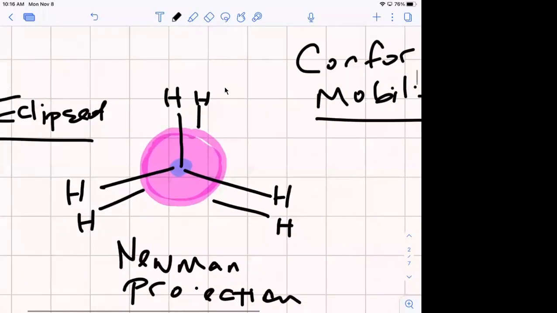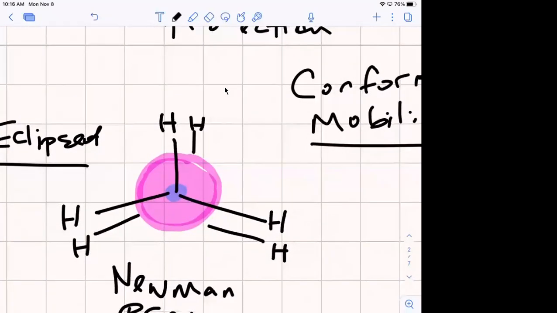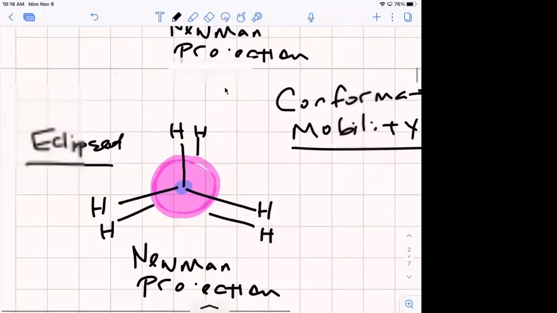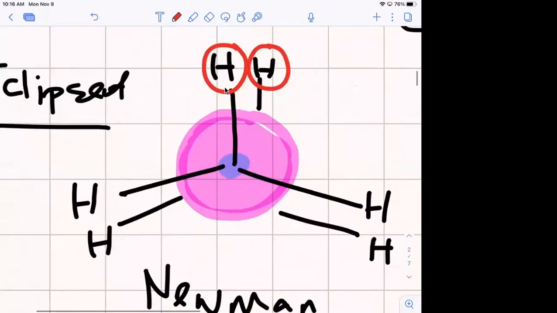All right, so this is the eclipse conformation. All the hydrogens are overlapping. I had to draw it this way so you can see everything, but if you were really looking at this in a model, the hydrogens would be right on top of each other. So this hydrogen here and this one here, they're overlapping. And that's not good,